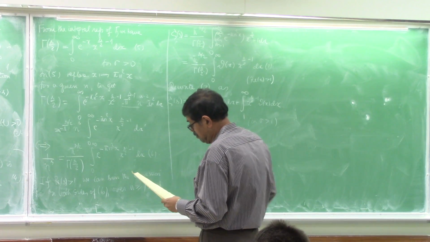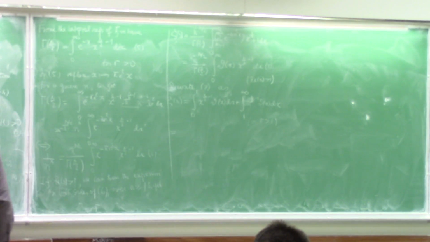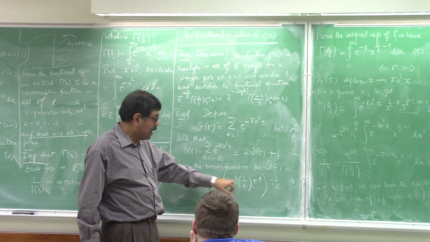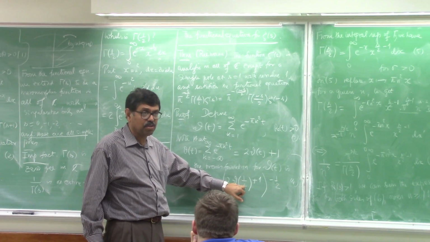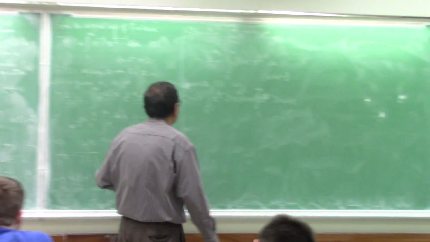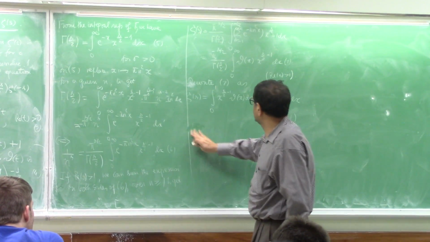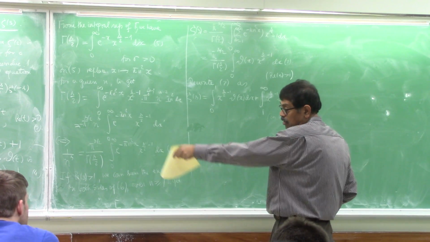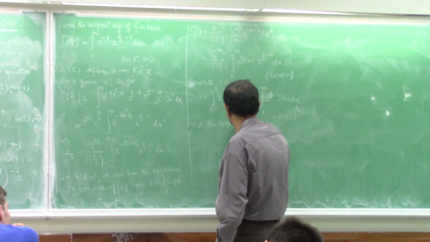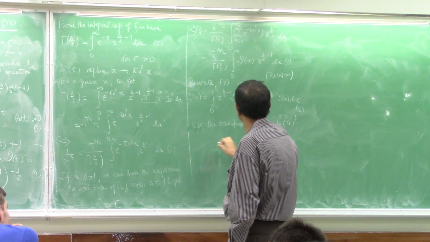Now, we use the functional equation. The functional equation for this modified theta function connects the value of theta with the value at 1 over t. And now there's a small technicality you have to take into account. This t goes to 1 over t is a transformation which converts 0, 1 to 1 to infinity. So we call this 8. Use the transformation formula in 4 to rewrite 8 as